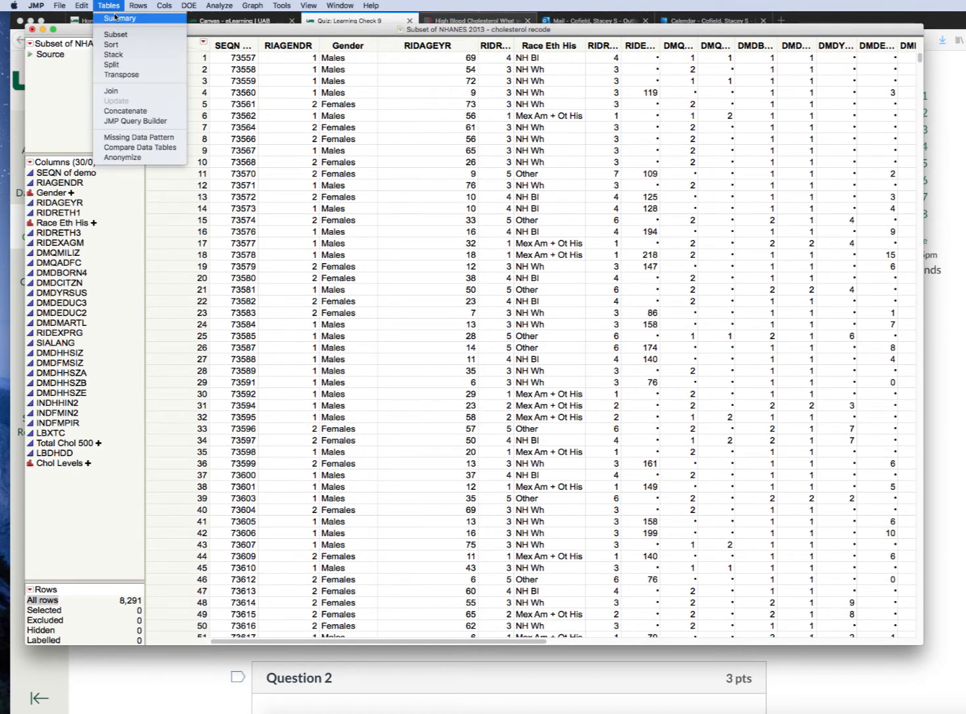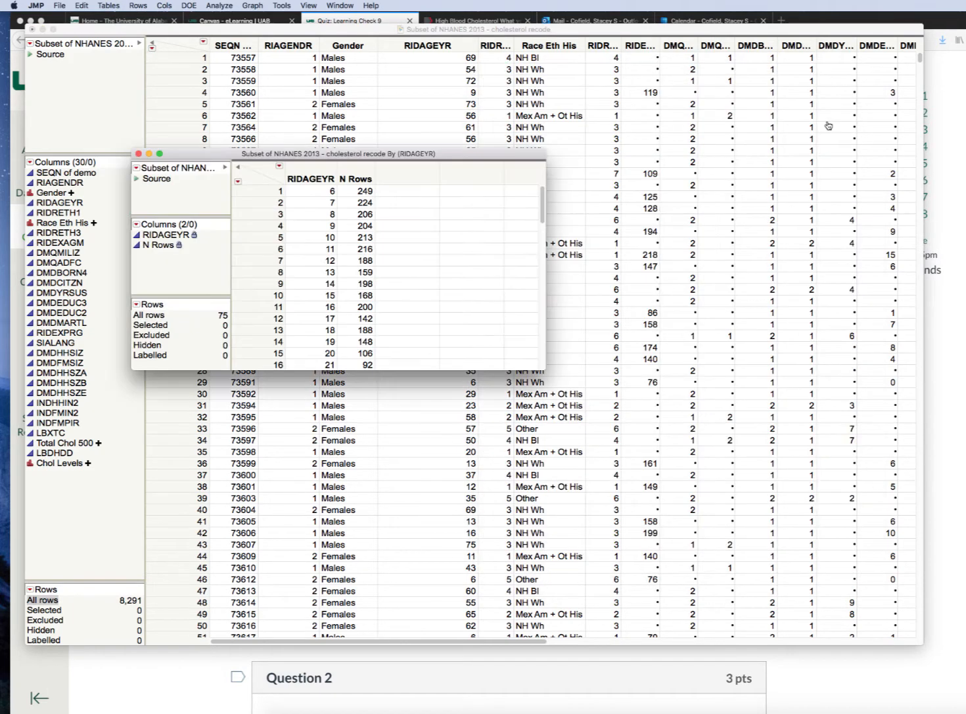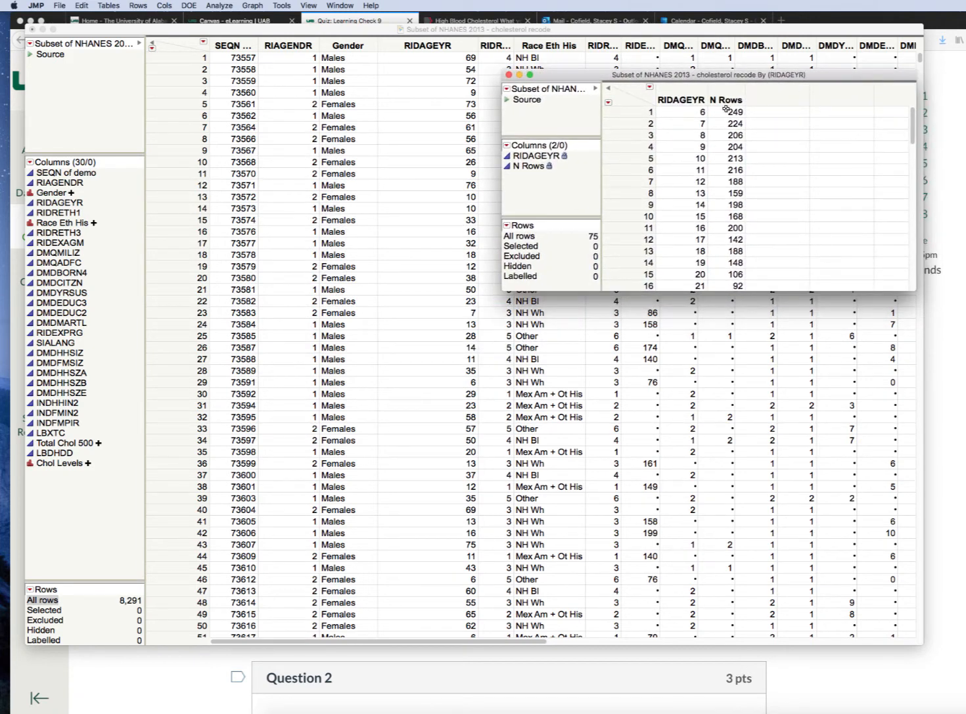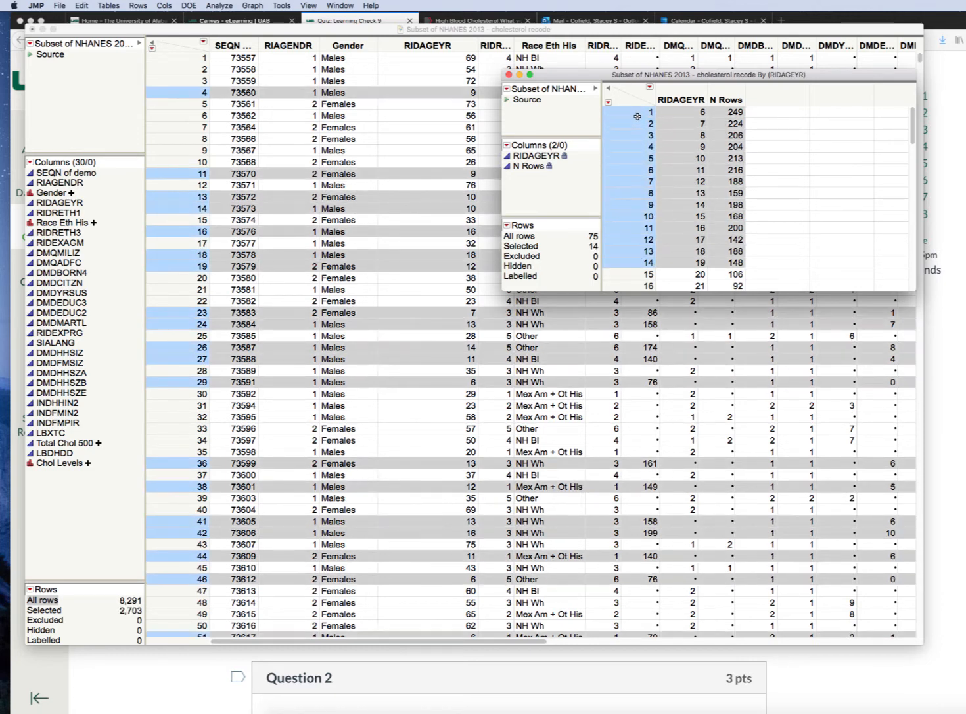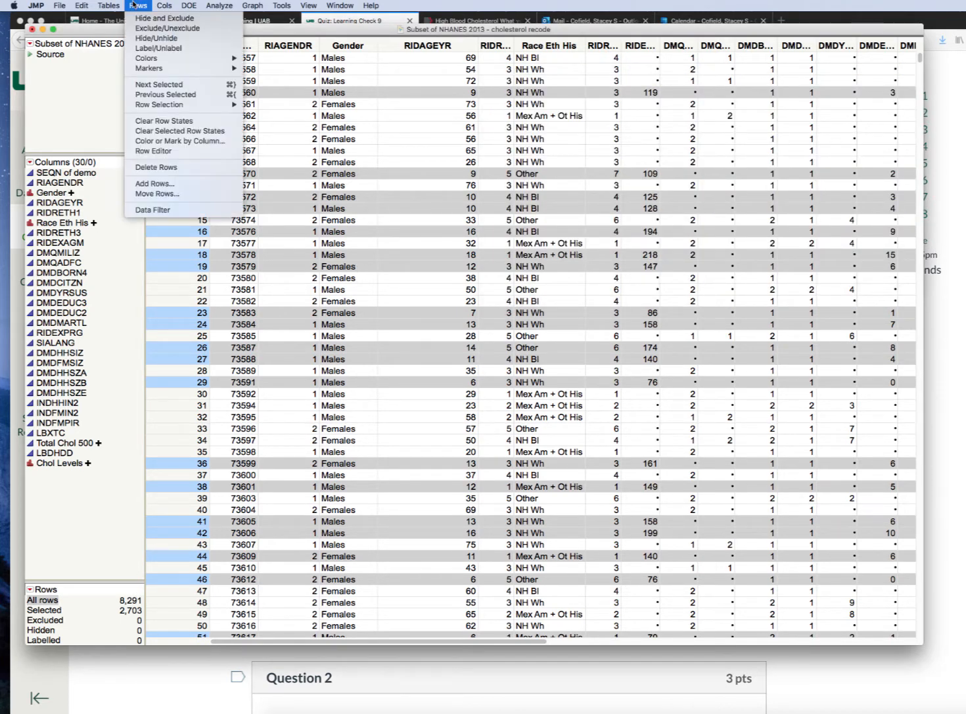I could also do tables summary. And I could do a summary by age, press OK, and you can see here that I get a subset where it's giving me a row for each of the ages and then telling me how many people are in that age range. And again, here I can select all of those ages that are less than 20, and you can see because it's tied to the primary data table, it's highlighted all of the rows of people who are less than 20. From here, I can do one of two things. I can go to the rows menu and delete,